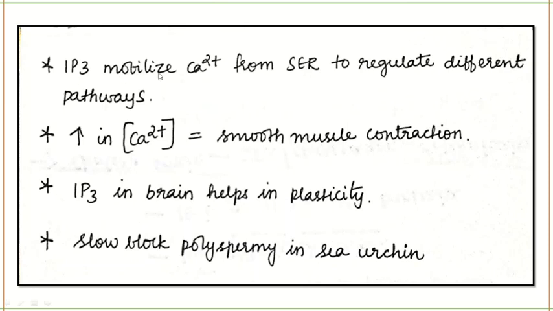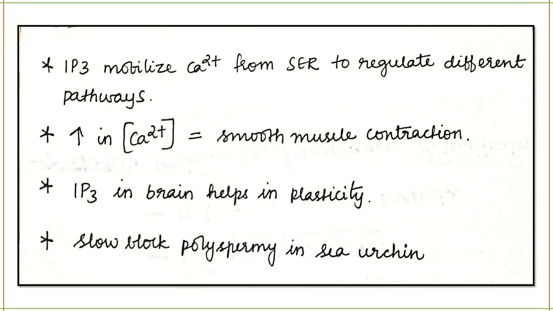So IP3 mobilizes calcium ions from the smooth endoplasmic reticulum to regulate the different pathways. An increase in calcium ions means smooth muscle contraction will take place. As for uses of the IP3 pathway, in your brain it helps in